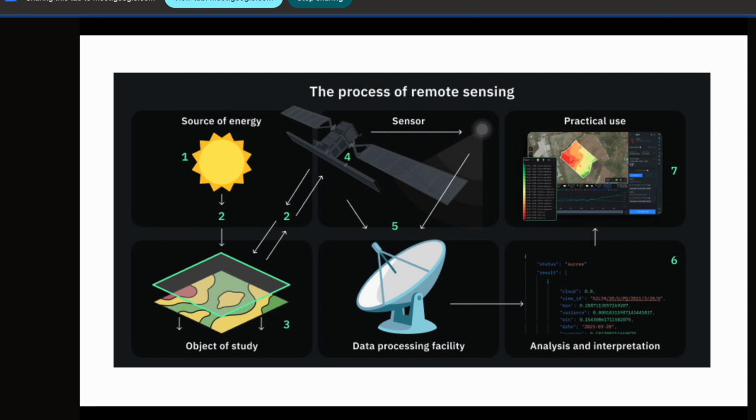So you have an energy source, the object of study, your reflection, emission, whatever you are studying, and you are getting it into the satellite. Now from the satellite sensor, you have to transfer the data to the ground, and then you have to process it. So here, as I told, it is multidisciplinary; many things are coming. Physics is coming, electronics is coming, for the satellite mechanical is also coming. At the ground station you have to put an antenna, and that antenna should track your satellite, so civil is also coming. And again for processing, electronics, computer science, servers, everything is coming.